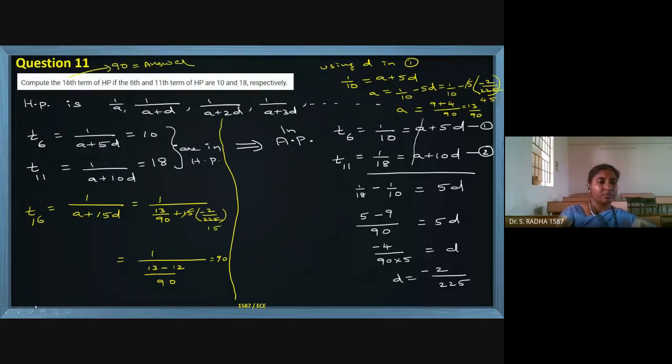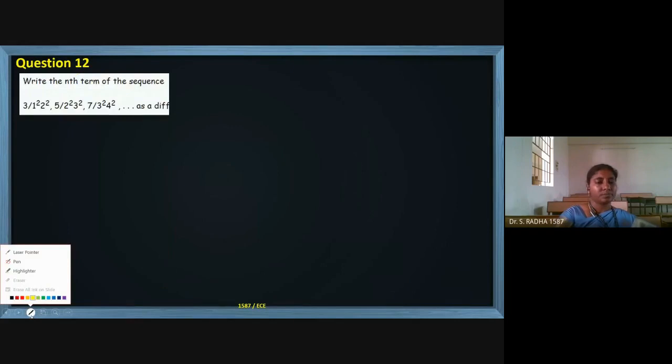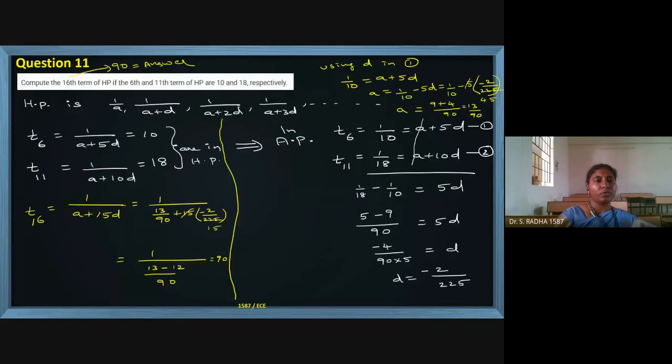What I have done, if you check the entire solution, this is the general format of HP. This is step 1, given details. In step 2, I have converted them to an arithmetic progression and calculated the d value. Nowhere is there a condition that a and d should be positive. They can be any value, decimals, anything is possible.